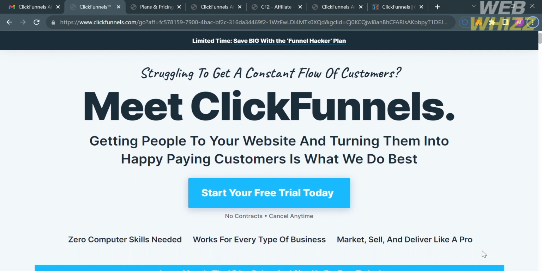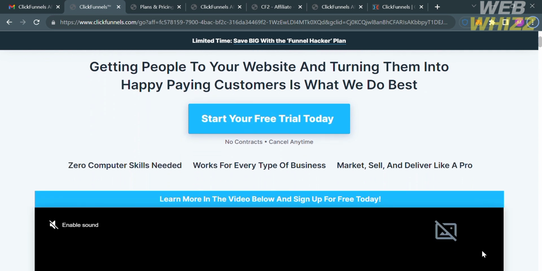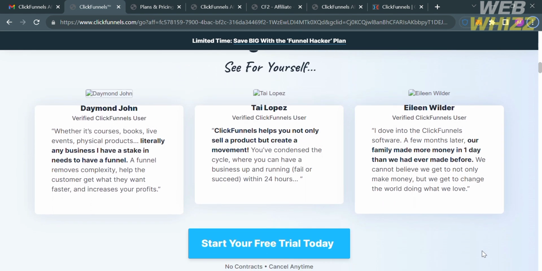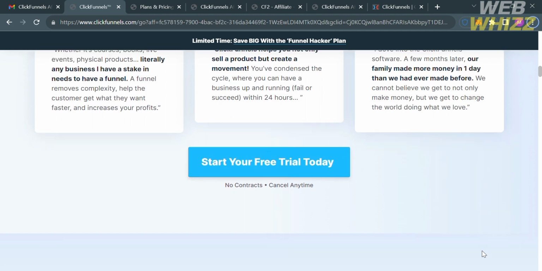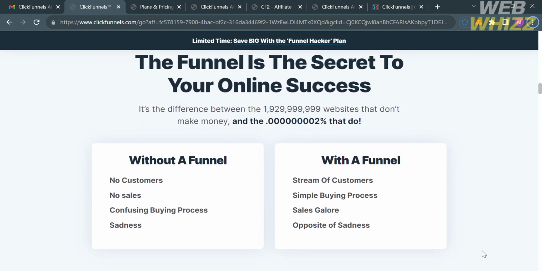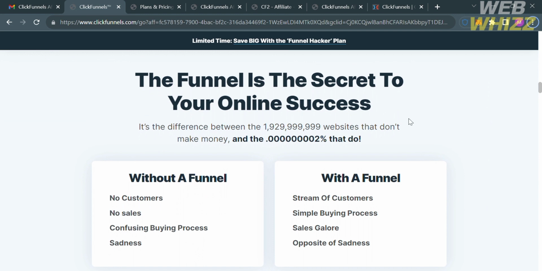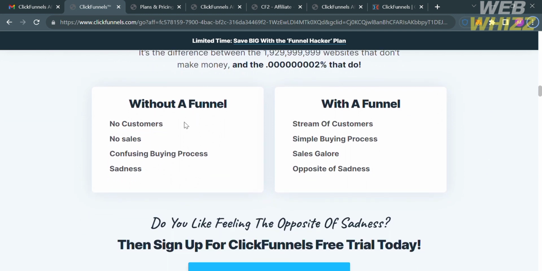about this platform. And before we jump to its affiliate program, let's start first by knowing Clickfunnels. So Clickfunnels is a popular online platform designed to help businesses and entrepreneurs create and optimize sales funnels, in which a sales funnel is a series of steps or pages that guide a potential customer through a journey from initial awareness of a product or service to making a purchase, in which Clickfunnels provides a user-friendly and all-in-one solution for